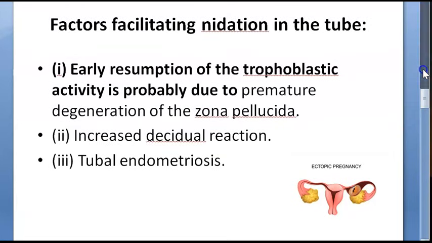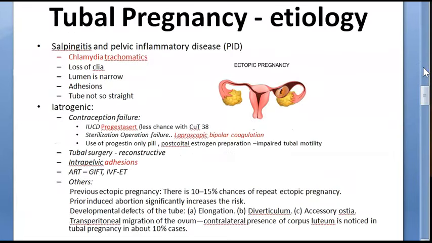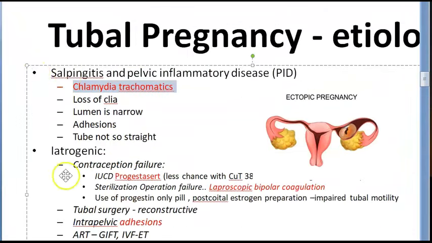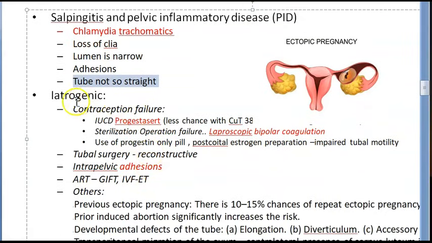So basically, among ectopic pregnancies, the most common is the tubal pregnancy. So why does it implant in the tube? Because that is the pathway of the oocyte, as you have understood. Other than that, you should know that there can be inflammation of the tube, that is salpingitis, pelvic inflammatory disease, especially because of Chlamydia trachomatis infection. If there is infection or inflammation, there can be loss of cilia, which is supposed to beat and push this oocyte towards the uterus. So there's loss of cilia, or the lumen of the tube is narrow, or there are some adhesions, so there'll be some pockets in which this oocyte can go and develop. Or the tube is not so straight, so it is kinked, and angulations are there.